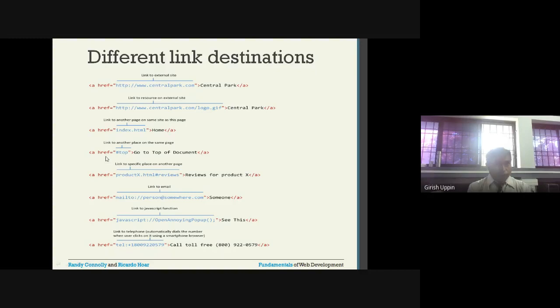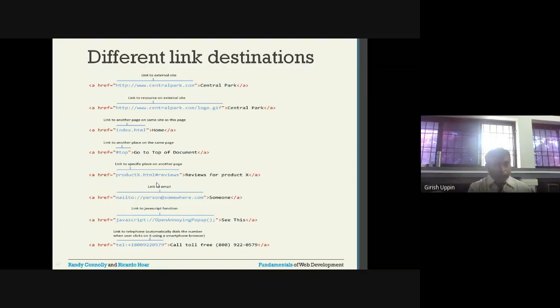Next. Now you want to move to some part of your page, so you can do that. Here, link to another place on the same page. You will be on the same page, and let's say the page is very long, and you want to move to the top. When you go to the bottom, you want to move to the top. At the bottom you can provide a link for the top. When you click on that link, it will take you to the top of that page. So you can do it.